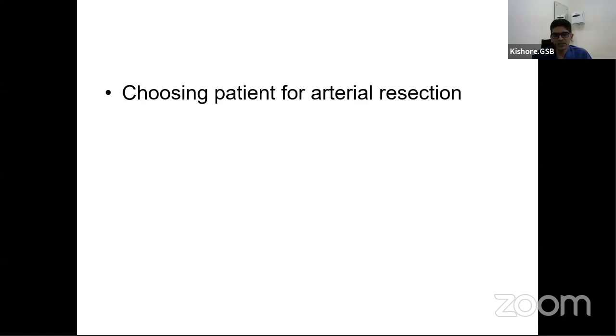About the celiac axis, again, we should know the difference between arterial and venous resections. The reason is arteries have a lot of perineural plexuses around them. So any artery involvement is considered quite advanced and likely to have poor outcomes. So you should be very, very choosy in selecting a patient for an arterial resection.